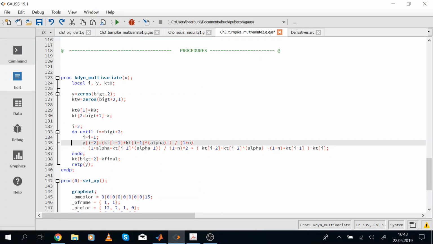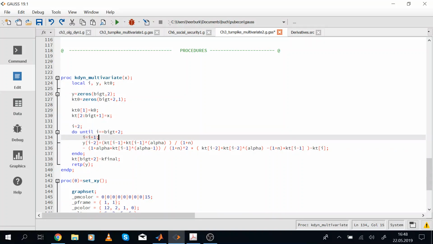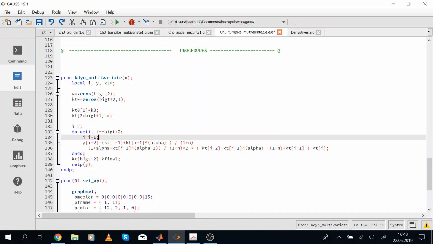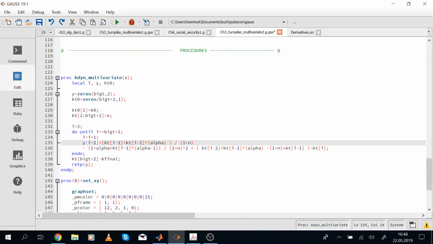So what we have done here eventually is that we have reordered the nonlinear equation 35. So this is equation 35. We start with I equal to 2, increase it by 1 so that we have I equal to 3 as our first entry in this loop,